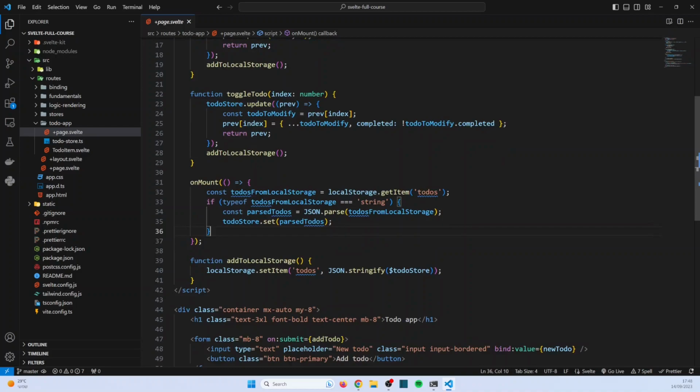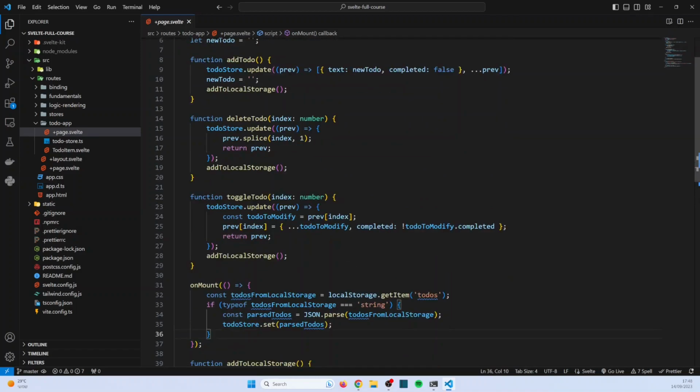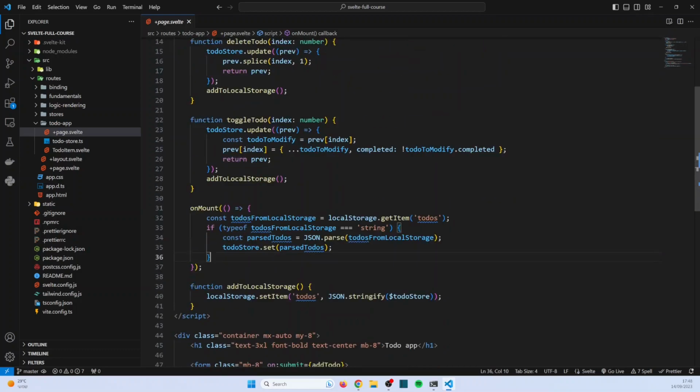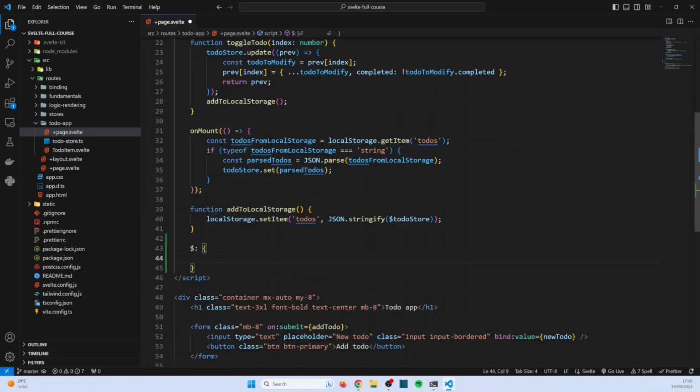And basically that's it. So this is our to-do app, which is connected to local storage, which is connected to Svelte stores. And look, it's pretty much very simple, I think, for me. Maybe I could even improve it by using this function inside some reactive listener with a dollar. So maybe something like this would be better. But I remember that I had some issues with local storage, that it wasn't defined in the beginning because